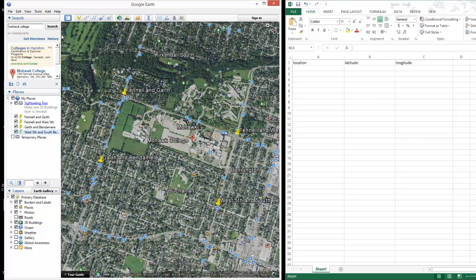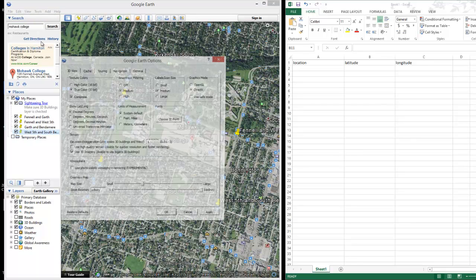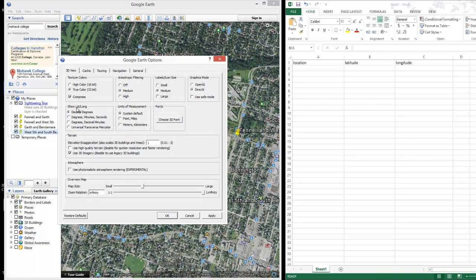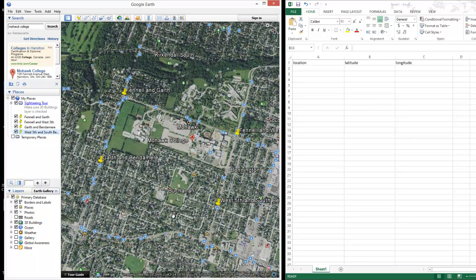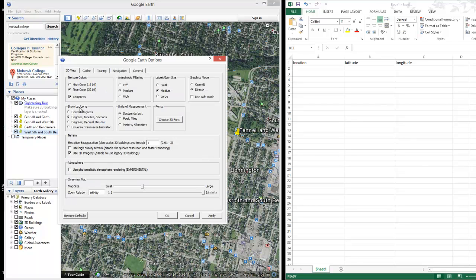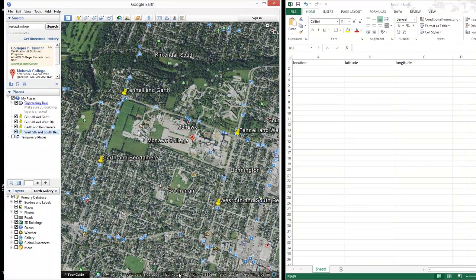If it doesn't show that, all you have to do is go to Tools on Google Earth, go to Options, and if you go down to here in your 3D view and it says Show Decimal Degrees, yours might show the degrees, minutes, and seconds. If you click on Apply, click on OK, I think by default you'll have this 43 degrees north and 79 degrees west. You should switch this to the decimals. So again, go to Tools, go to Options, click on Decimal Degrees, click on OK, and it should switch it